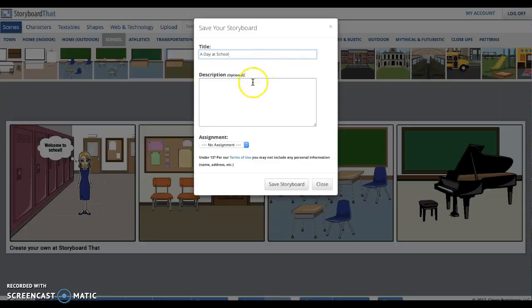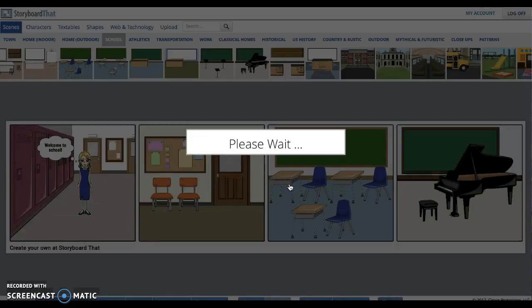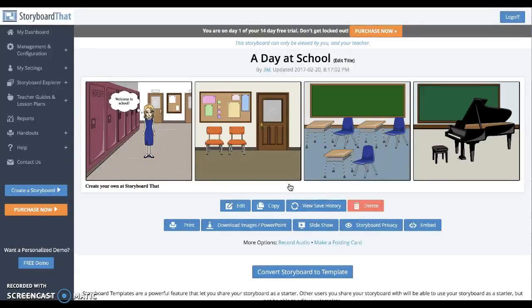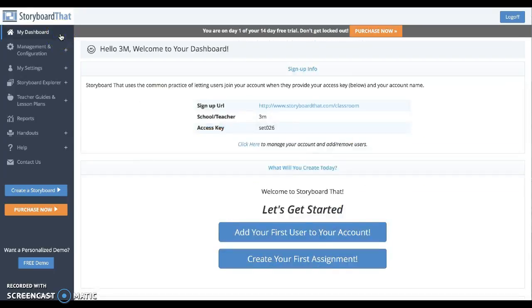And this description is optional, so your students could fill that in if they want. And here's the button that would show if it was an option as an assignment or not. But we didn't assign an assignment, so we're going to just click Save Storyboard. And there it is. It will now be saved inside my computer, right into my dashboard. So if I click go back into my dashboard, you will now see that